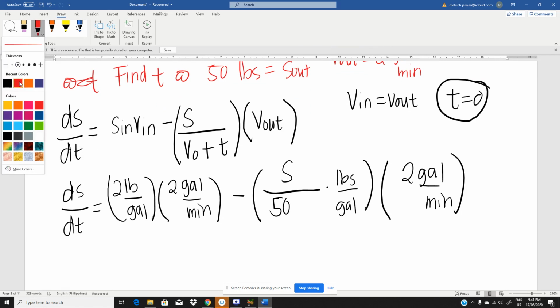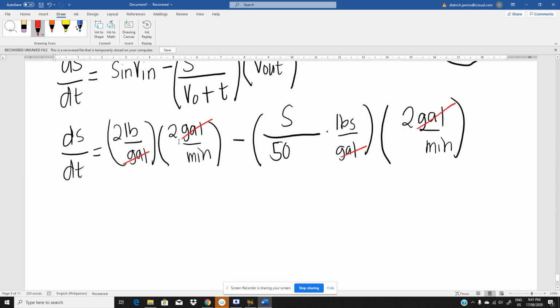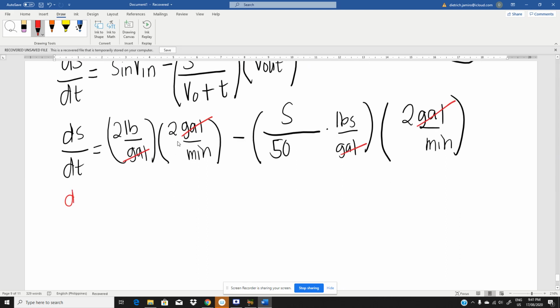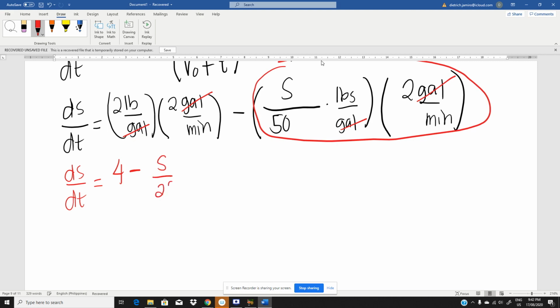You can see that this one will cancel out. So this one will also cancel out. So we have pounds per minute. So we will have ds over dt is equal to 2 times 2, that's 4, minus the second term. So we will have s multiplied by 2 over 50. So we will have s all over 25. And then multiplying both sides of the equation by 25,